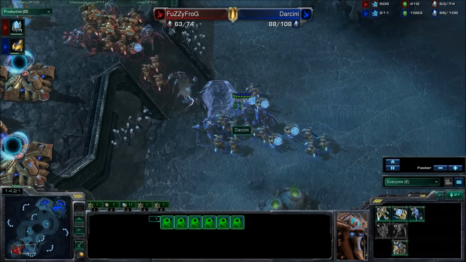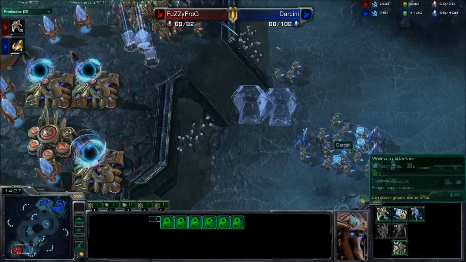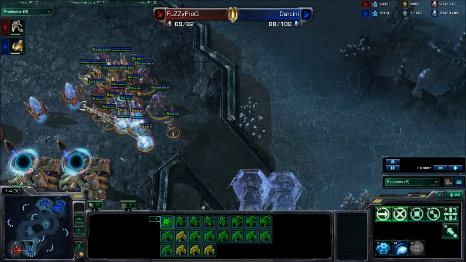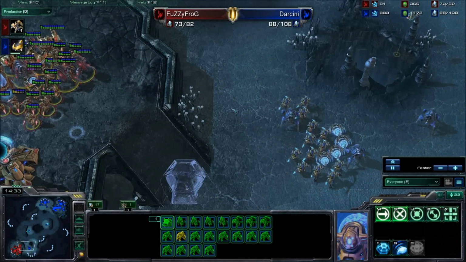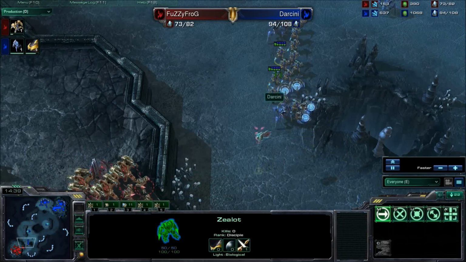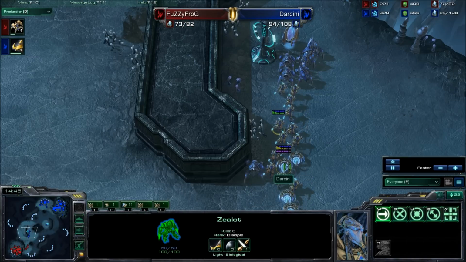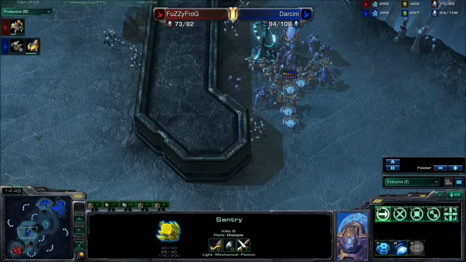He's going to lose a ton of stalkers, and of course, with the force fields, it's going to be very difficult to actually move in there, and the home field advantage here for Fuzzy Frog really just does not allow Darcini to push forward, especially with his unit composition right now, which is definitely geared towards defense. He has a lot of sentries in this composition. He's getting out,